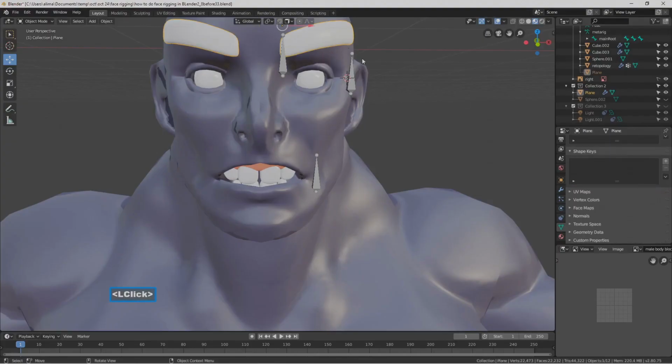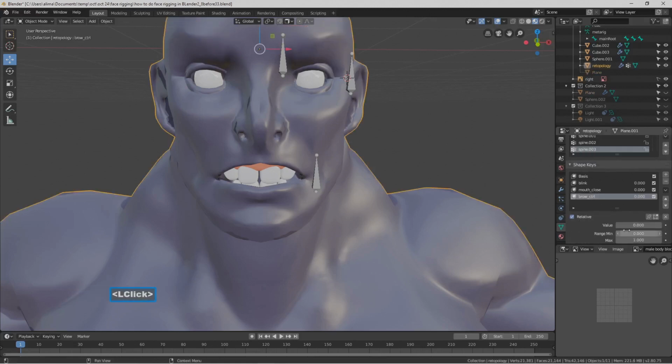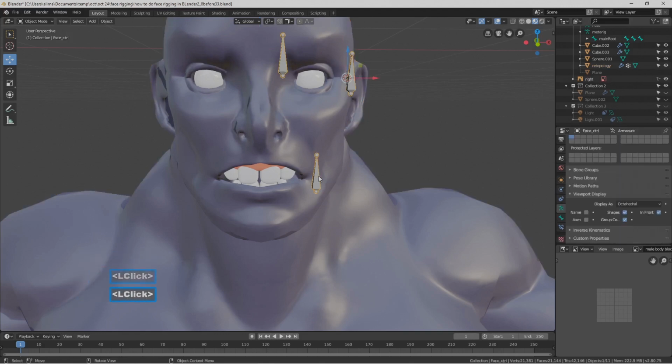Okay, I'm going to click here, hide this. Click on the base mesh. Okay, so what we're going to do now is click on our armature that has these other bones in it. We'll go to the upper left, go to edit mode. We're going to make one more bone, and I'm going to use this to show you how multiple